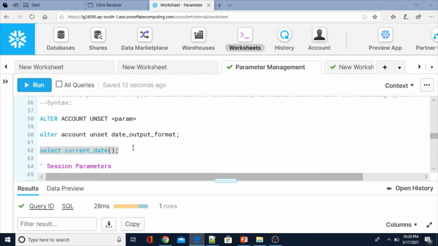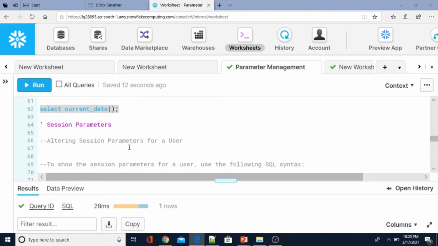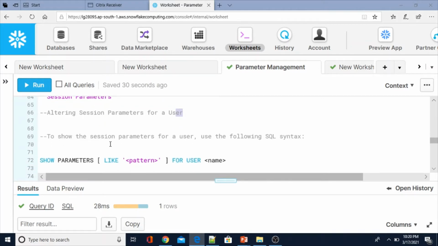Now we are going to see the session parameters, how you are going to change your session parameters, that is, altering session parameters for a user. These session parameters can be set for users and sessions. To show the session parameters for a user, use the following SQL syntax.